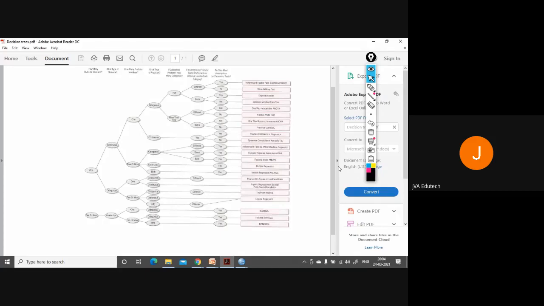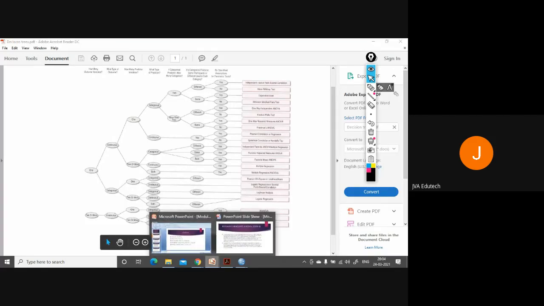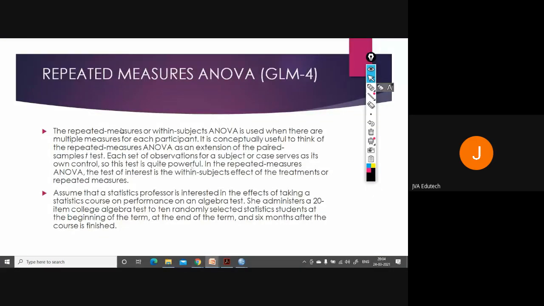For repeated measures ANOVA, let's see the situation. The repeated measures ANOVA or within subjects ANOVA is used when there are multiple measures for each participant. Means the same participant is given different kinds of treatments, and it is conceptually useful to think of the repeated measures ANOVA as an extension of the paired sample t-test.